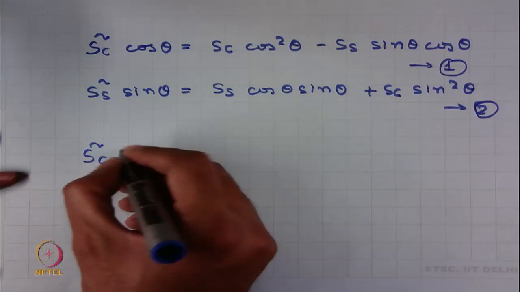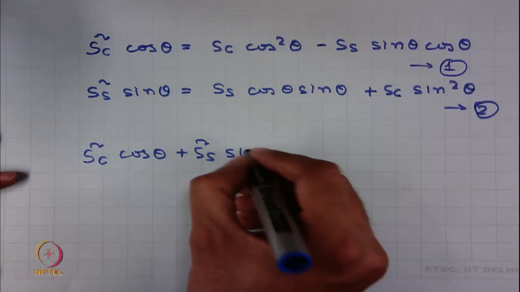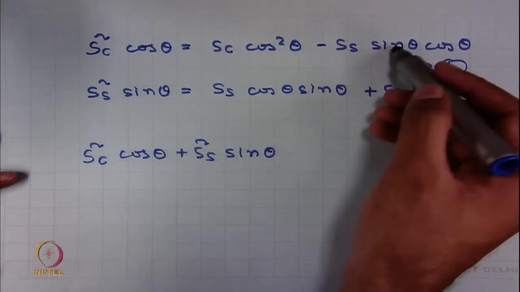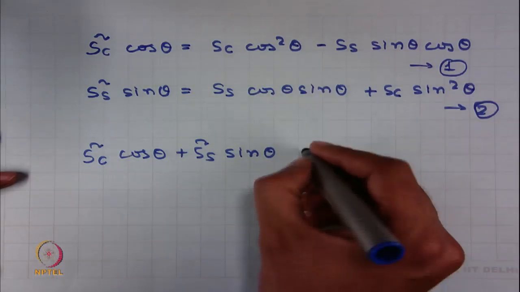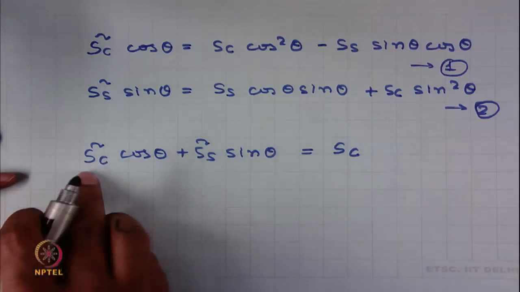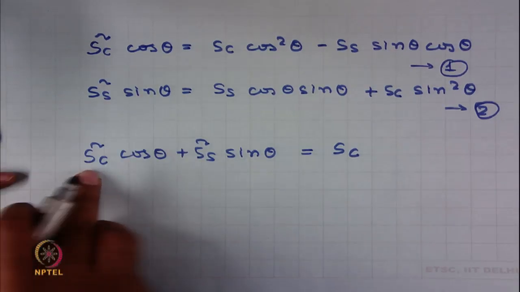I get SC tilde cos theta plus SS tilde sin theta, and while adding these two up, this term will disappear. What you end up with is SC. So, based on what you are receiving, the different cosine and sine parts,